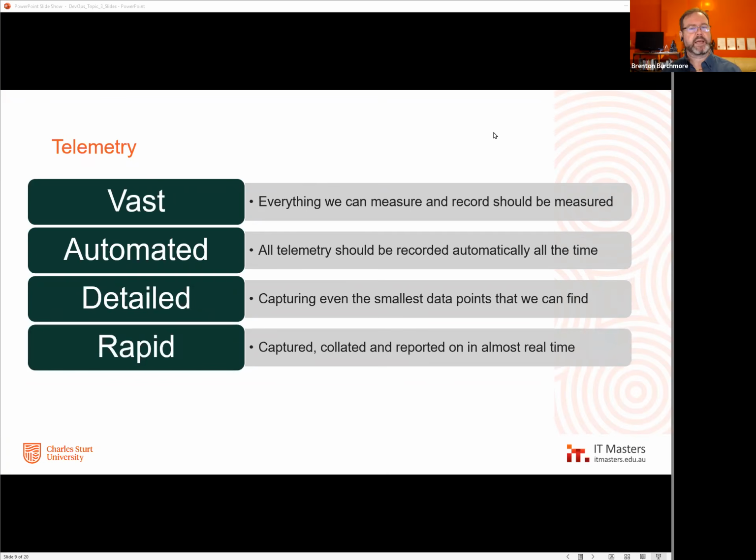You also want it to be able to give you information relatively quickly. Now, this is especially true when you're doing frequent deployments in continuous delivery. You are deploying something that you've tested in your test environment. You've tested the integration. You think it's working, but there's always the chance that it'll be slightly different in the production environment.